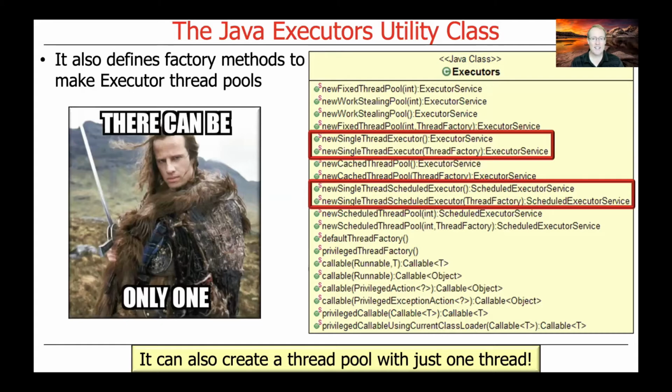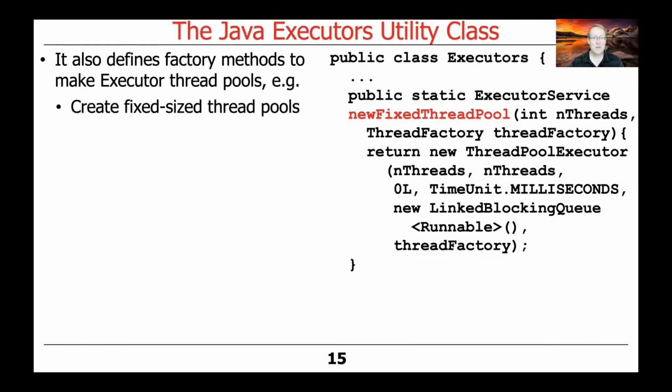You can also, if you're so inclined, create a thread pool that just has a single thread in it. You can either make a regular single-threaded thread pool, with a little bit of air quotes around pool, or you can also make a single-threaded scheduled executor pool with, again, air quotes around pool. Let's take a look at some of the common methods. These are not the only methods that are provided, but these are by far the most common. So let's take a look first at how